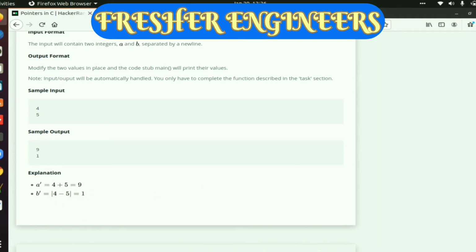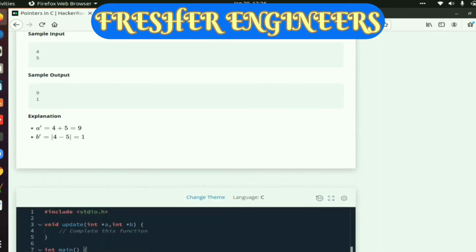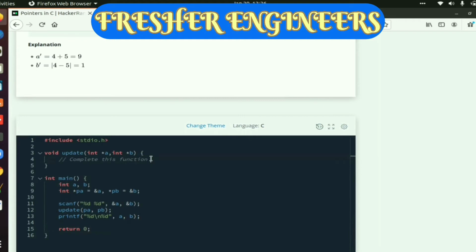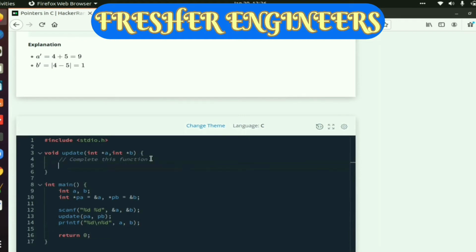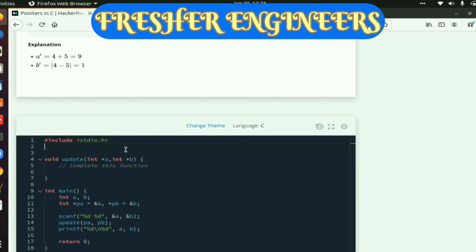Now how to perform this, let's talk about it. First of all you have to add, which is very easy: add 4 and 5 and give the output as 9. But it is difficult to give the output of 4 minus 5 as 1. So we have to use the absolute value that we learned about in our previous classes, which converts a negative number into a positive number and also keeps a positive number positive. Let's learn how to do it from our code. The input data is also given in this code.